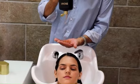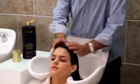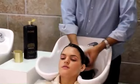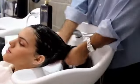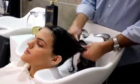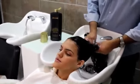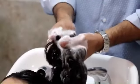In this case, we are doing a 3rd wash to make sure that all the impurities are out of the hair. It is important to distribute this product very well throughout the hair and wash it very gently so as not to open the cuticle of the hair or damage the tip. Rinse it very well. One of my recommendations is to rinse the hair very well to be able to remove all the product. After washing the hair, we are going to detangle the hair completely, and we will